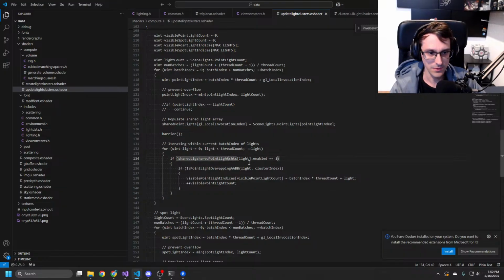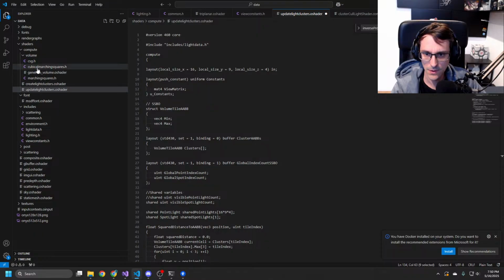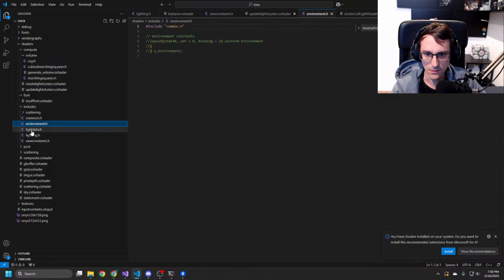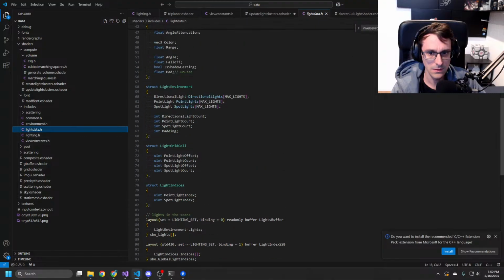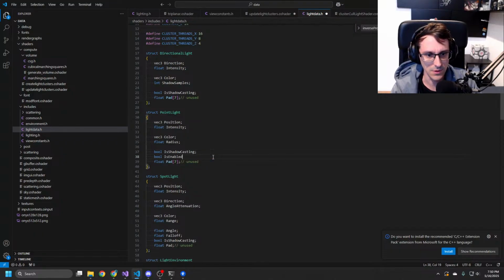But what I want to do is basically have an enabled flag here. Because why not? So we go to light. And then we have here bool is enabled.